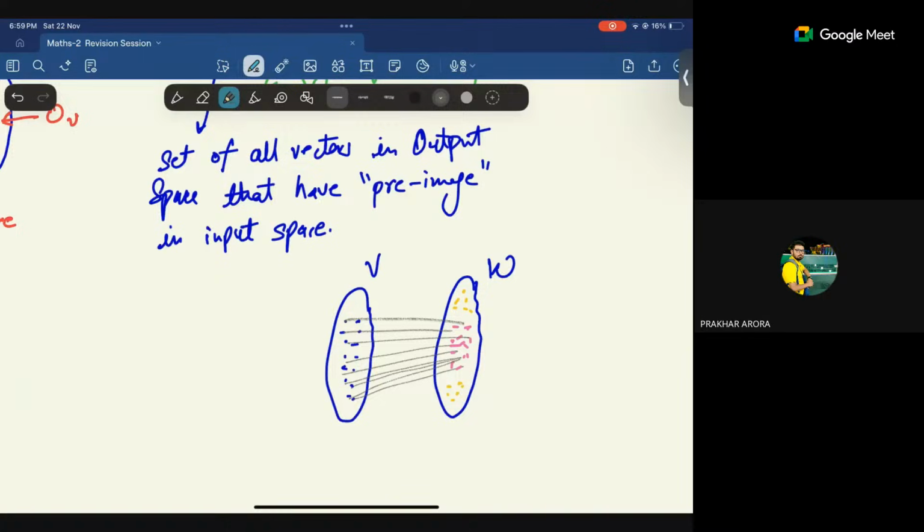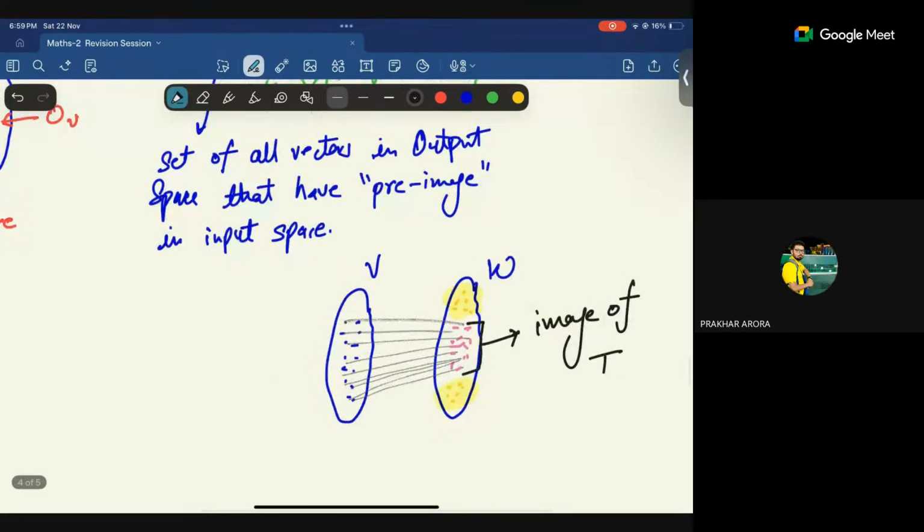Now these things, okay, let me, this part, okay, this is too big. This part and this part, they don't have anything inside this part. Okay, there is nothing here that is connected to these things. So this is what I'm talking about, that this part, this pink thing, these are called image of T.